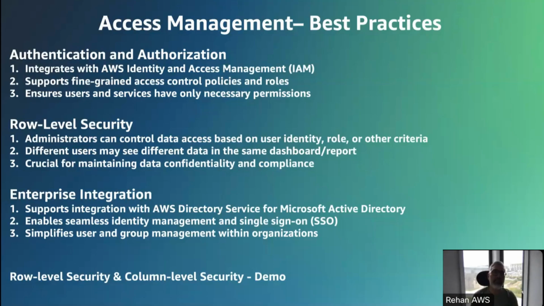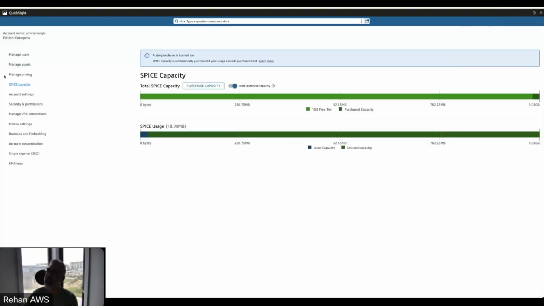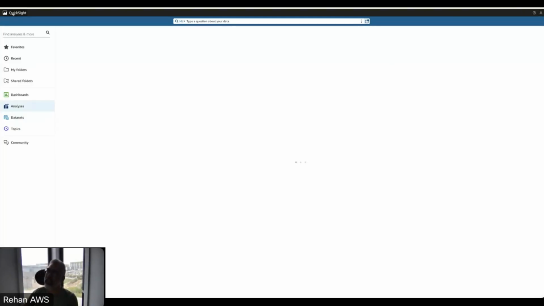Again, what we're saying is apply the principle of least privilege, and ensure that only the users who need access to the service are given access. QuickSight also supports fine-grained access control policies and rules. What I'm going to show over here is row level and column level security, which is one of the features available within QuickSight. Just want to see if I'm still logged in as an administrator. So I go back into QuickSight